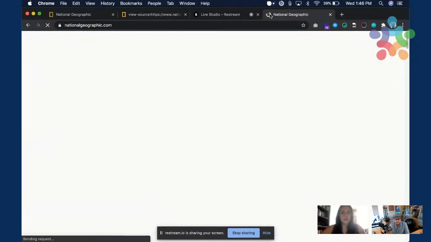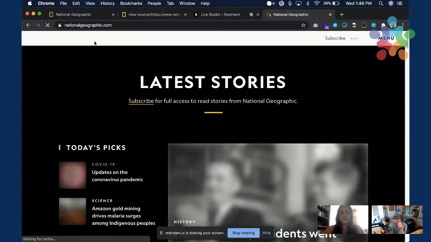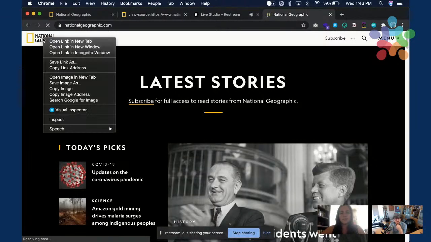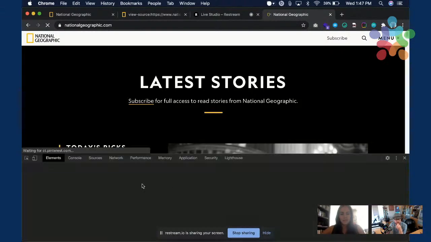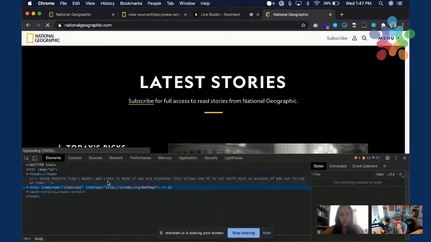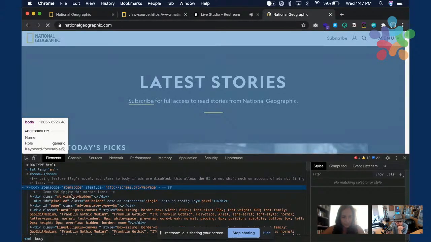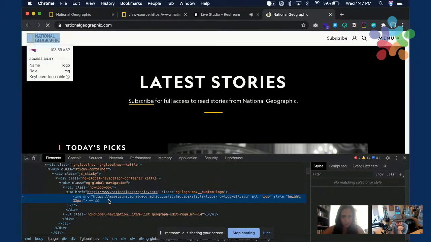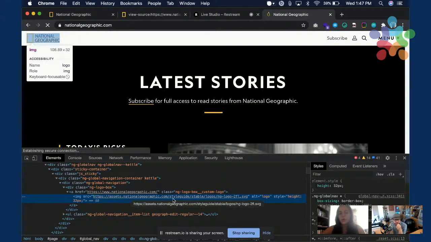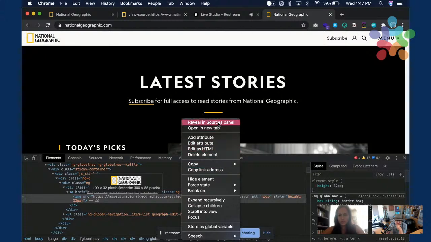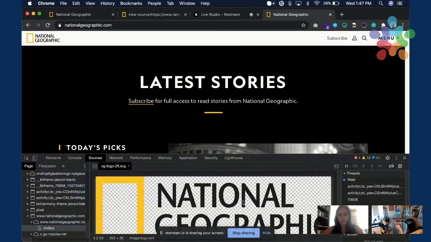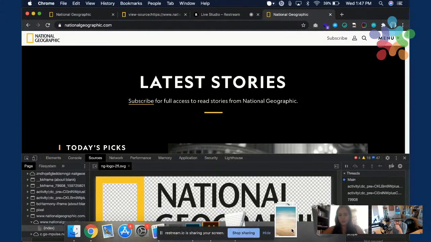For any SVG on a site, you can right click and inspect it, and you'll find the element in the inspector. It's a URL to an SVG file. You can copy that SVG or reveal it in the sources panel, and then you'll see the SVG and you just drag and drop it wherever you want.